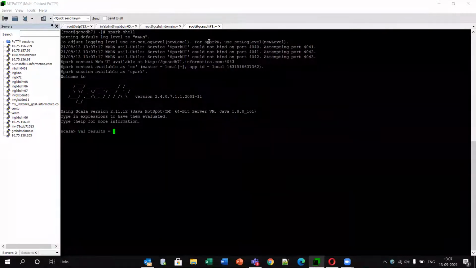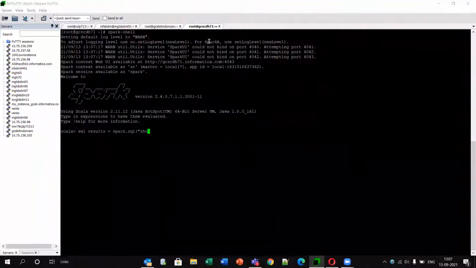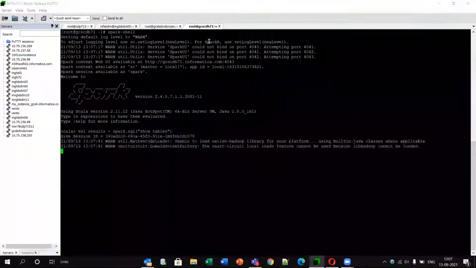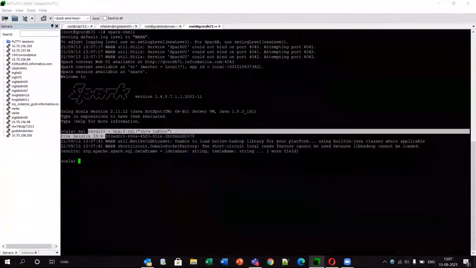Now we have to use the spark.sql function. Here we can pass any query, press enter, and the results will be returned to this variable, results.